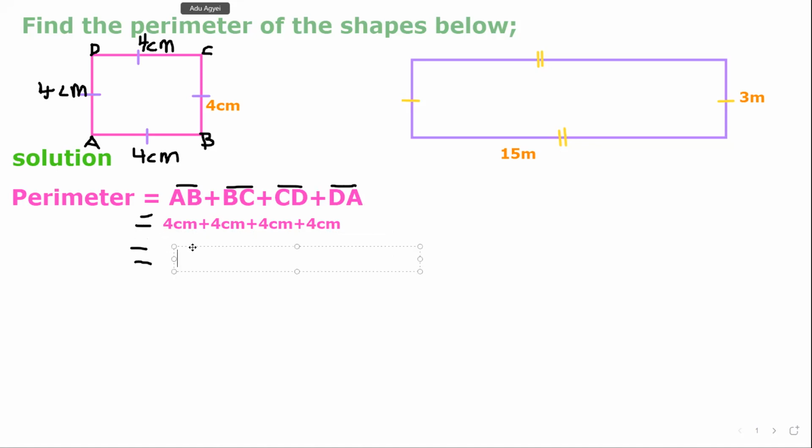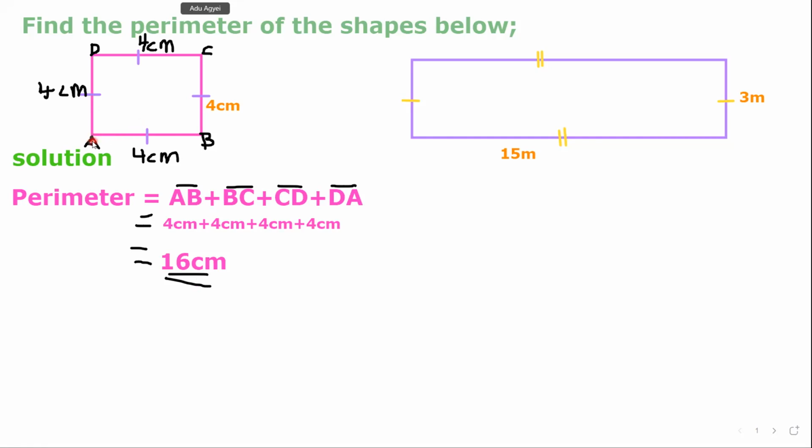So you write 16 centimeters here. Good. So our answer here is what? 16 centimeters. The meaning of 16 centimeters is that if you walk around this shape,